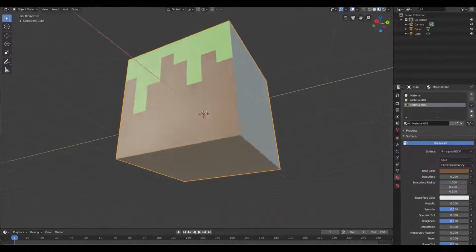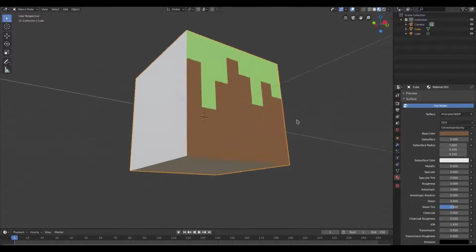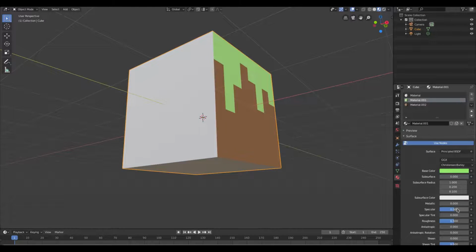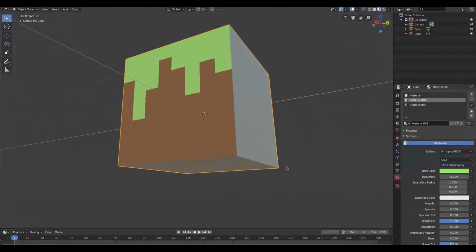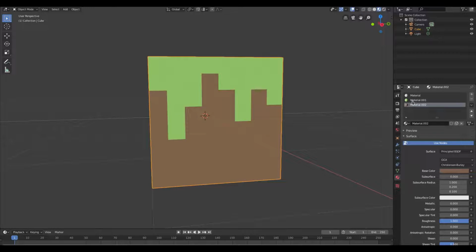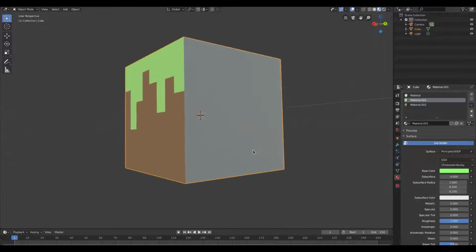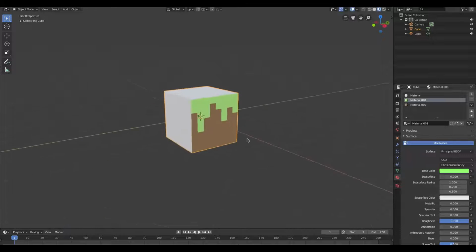Now you can see it's kind of shiny, so I'll turn specular all the way down, and roughness doesn't matter now that we have specular all the way down. So we'll do the same thing for the green color as well. Turn specular all the way down and roughness all the way up, just in case anything's bleeding through there. So that looks good right there. I want to mess around with this brown color now. It's too harsh now that we have the specular off of it. All right, looks good. So we can continue doing this for all of the different sides here, and then we have some fake pixel art on our